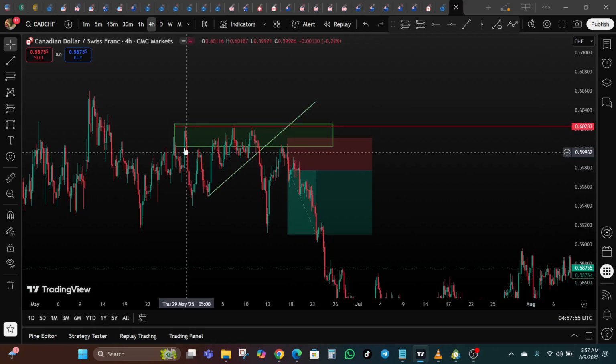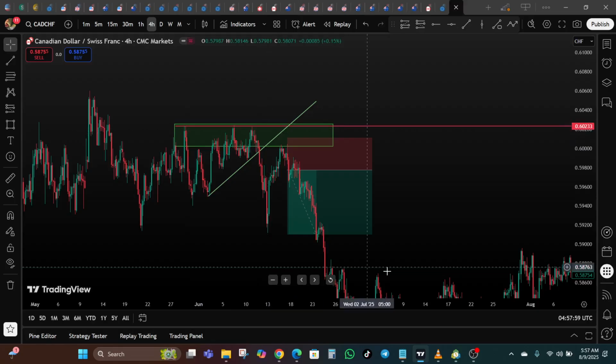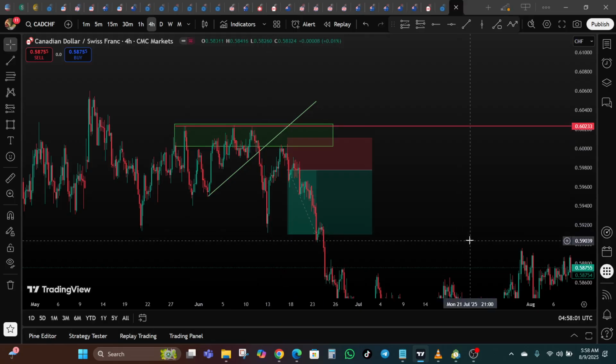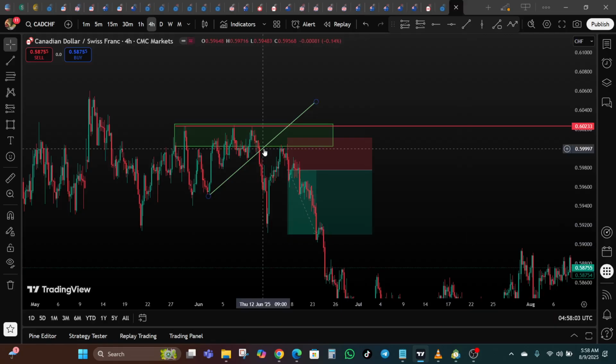So, for example, you wait for price to bounce off a resistance or to bounce off a support, depending on if it's a bullish or a bearish trade. And then you use a trend line to get confirmation. For example, price was bouncing off a resistance, and then you use the bullish trend line and you wait for a breakout and a retest. That could be your strategy. You don't have to use this particular strategy.